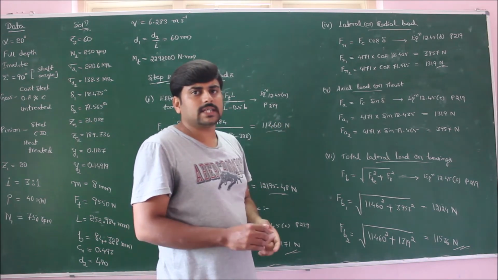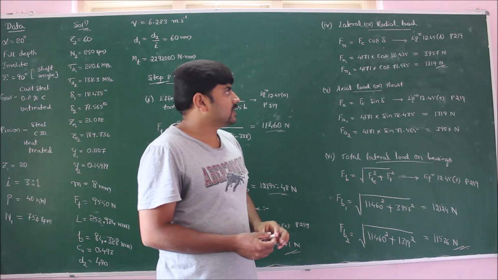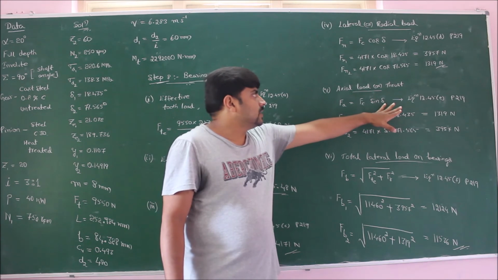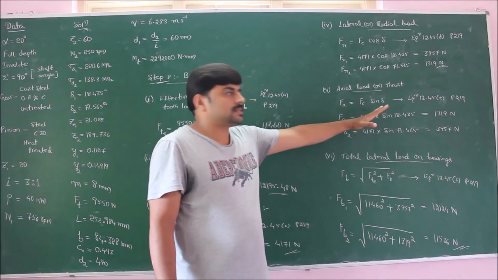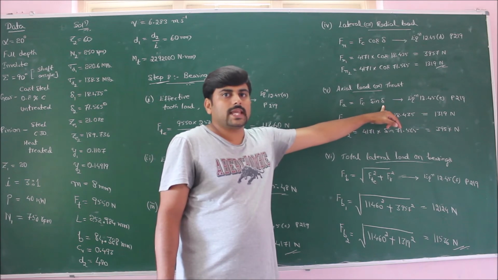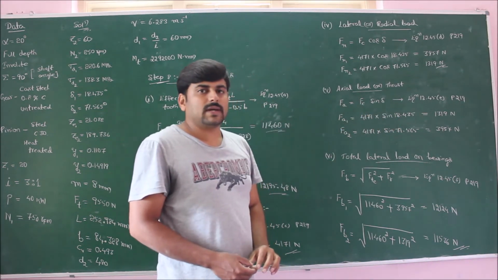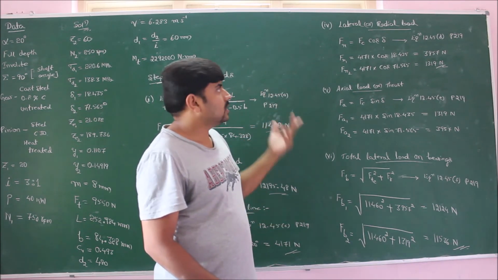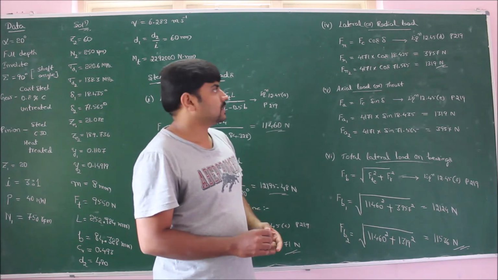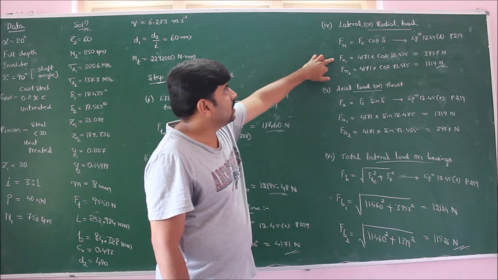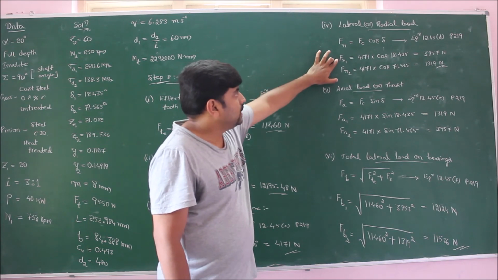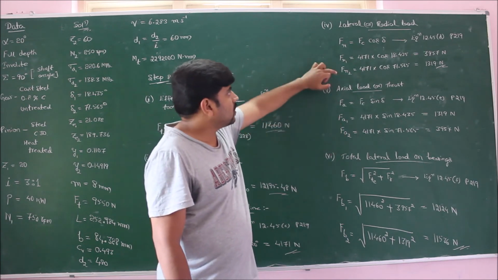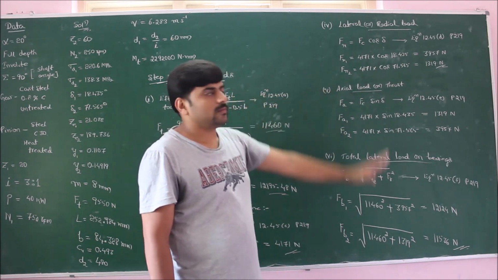Next, moving on to axial load or thrust. The formula is given by equation 12.45e of page number 219. Here also, substituting the value of pitch cone angle of pinion, I will get the thrust by pinion. Substituting the pitch cone angle of gear, I will get the axial load or thrust by gear. If you clearly observe, the radial load and thrust on gear and pinion are opposite to each other. That is, the radial load of pinion is equal to the axial thrust of gear. The radial load of gear is equal to the axial thrust of pinion.